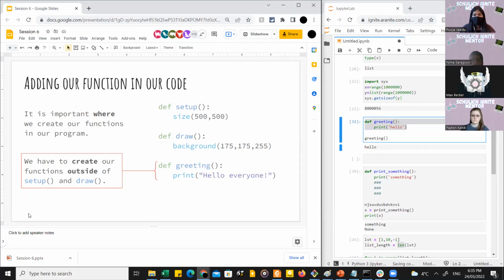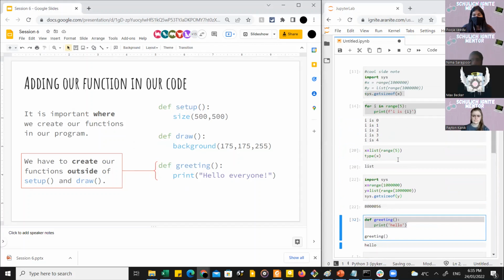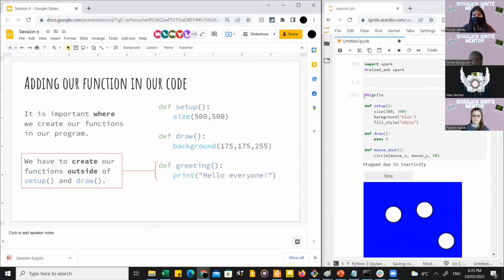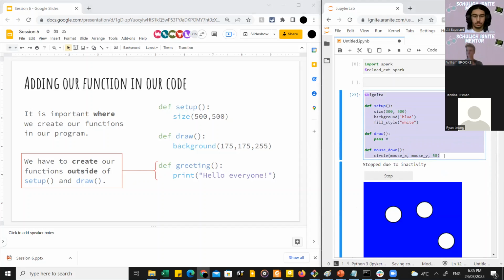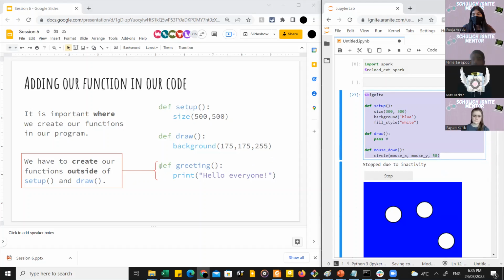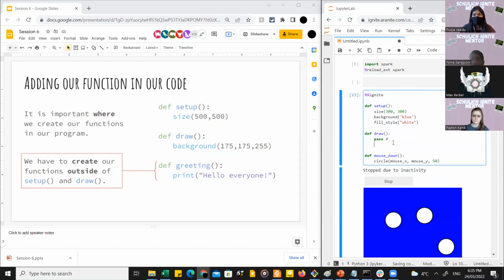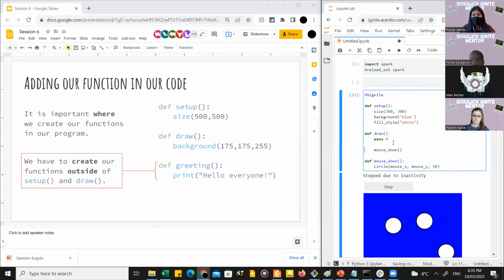So one tip here is that if you want to do this function here inside our cell for the Ignite, where you want to create the cool pictures and images, you have to create your functions outside of the draw and the setup, right? So you just create your functions here, not inside of it. These are functions themselves. So you want to create your functions here, but if you want to use them, you can just use them here, right? You say, hey, mouse down, whatever, right? Or does something,